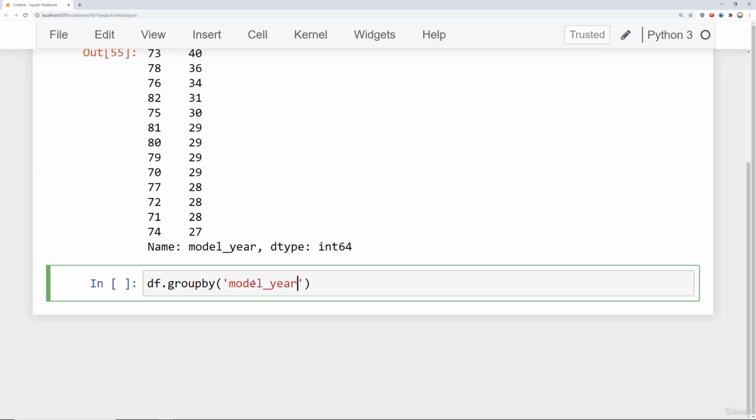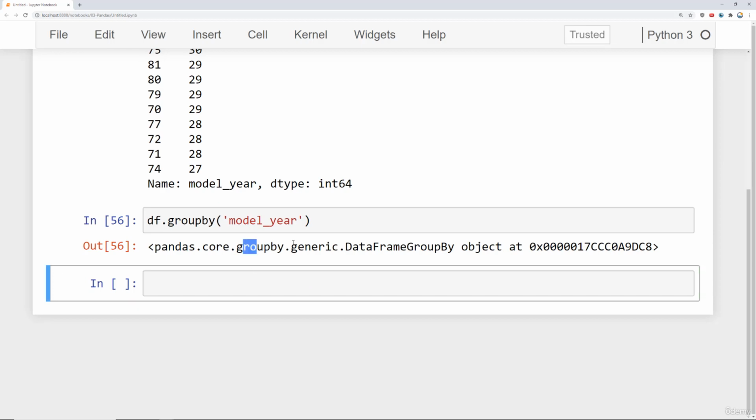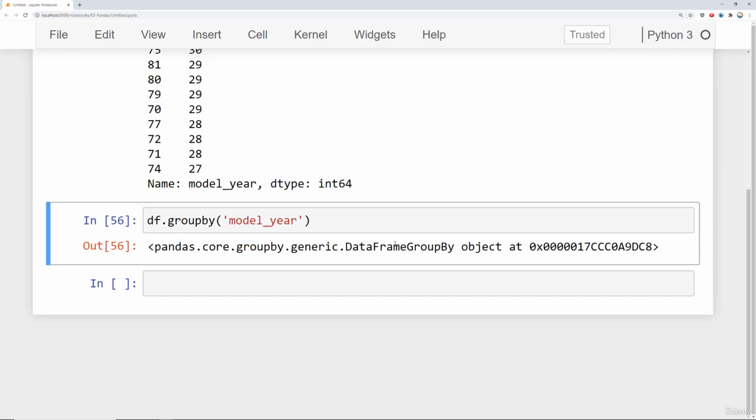Now I did mention that group by objects are lazy, and that means that if I just run groupby model year, I get back this group by object. And what this means when I use the term lazy is Pandas hasn't actually done any work yet because it's still waiting on performing the calculations from the aggregate call. So it's still waiting for you to say, do you want the sum per category, the mean per category, etc. So what I can do here is call .mean,